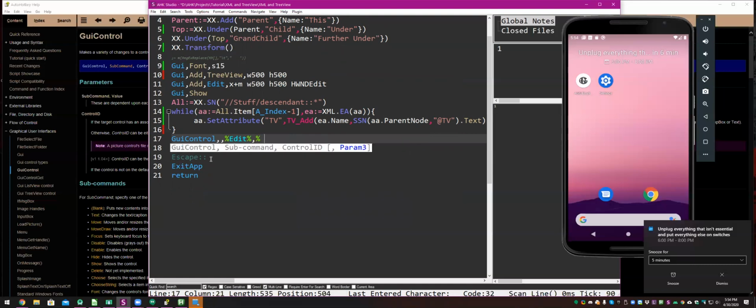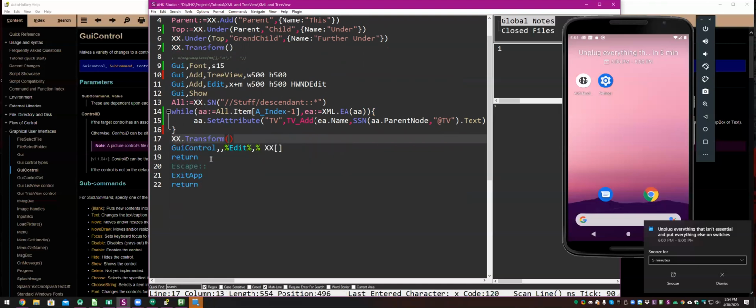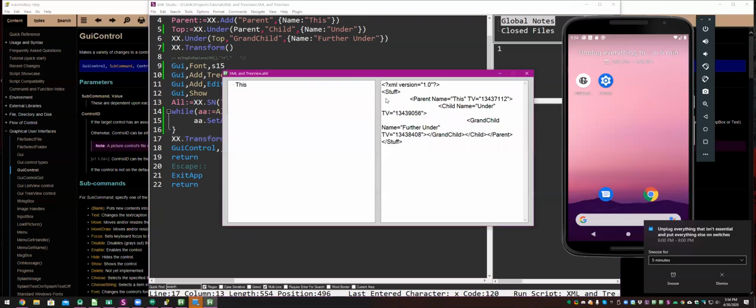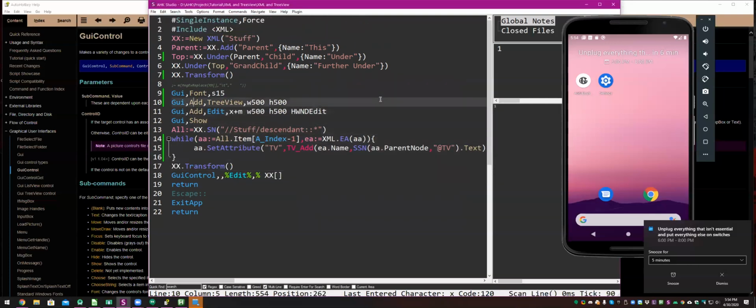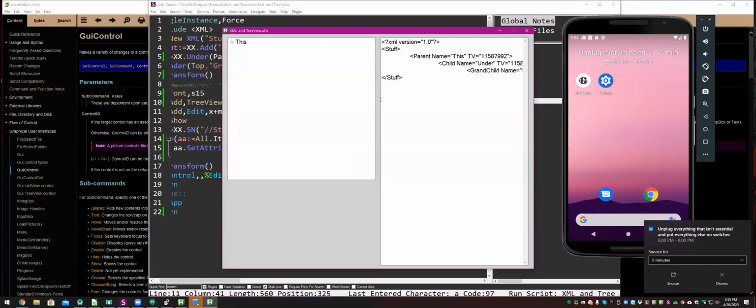Then this will be, oh, right, XX square bracket, XX, oops, transform, there we go. So, let's get rid of the wrapping, make it a little wider. Let's go 800, sure. And then minus wrap, there we go. So there's the structure